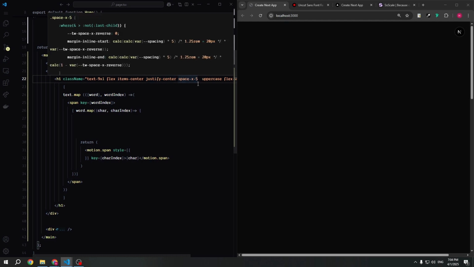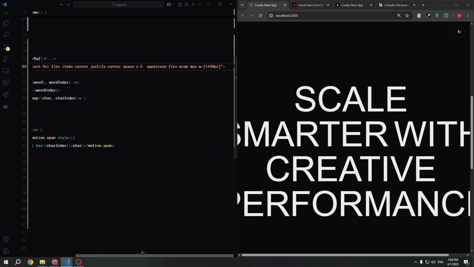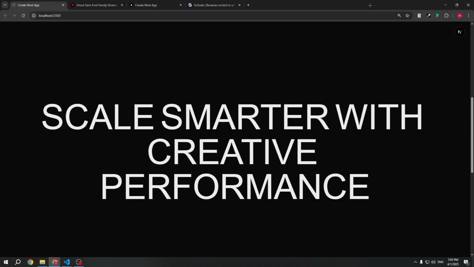because otherwise you will, because wait, let me show you. First of all, let me continue the properties, and then we can explain why space x is better than gap in this scenario. So we need to uppercase it to make it look bigger, and we need to flex wrap so we can break the lines, to break the display flex to two lines. Okay, and add the max width. This is what will center this h1 tag in the middle. So yeah,